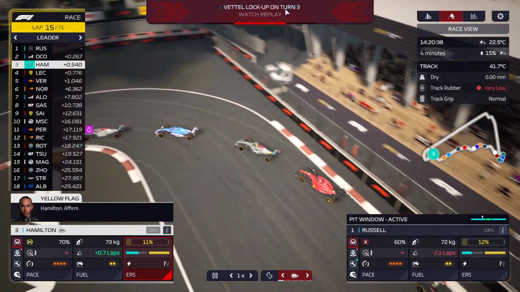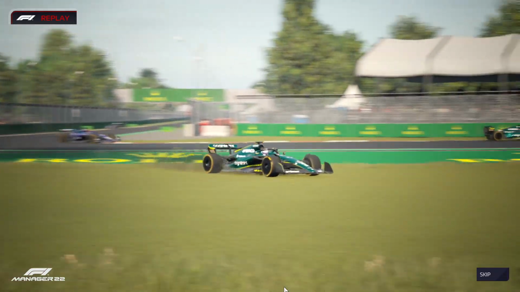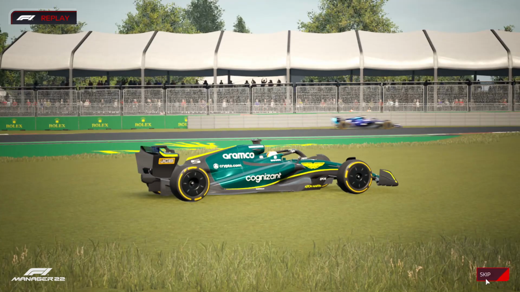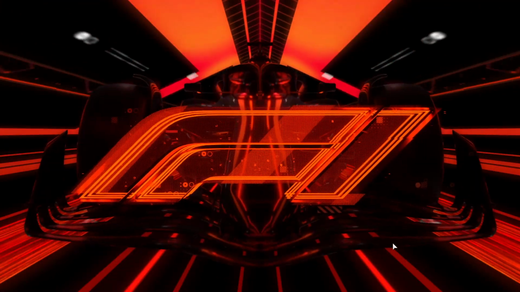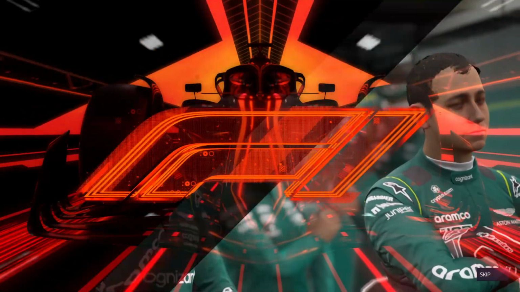Ooh, yellow. Vettel that time. Let's have a look. Taking a look again. There go the back markers. It involves Sebastian Vettel. It's a lockup. And that could be costly. That's going to be a blow to the team. Will they be able to...